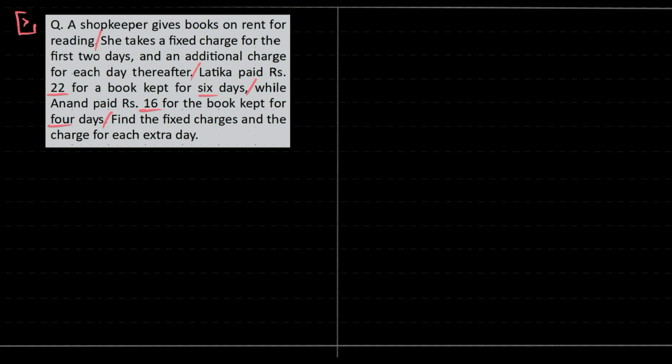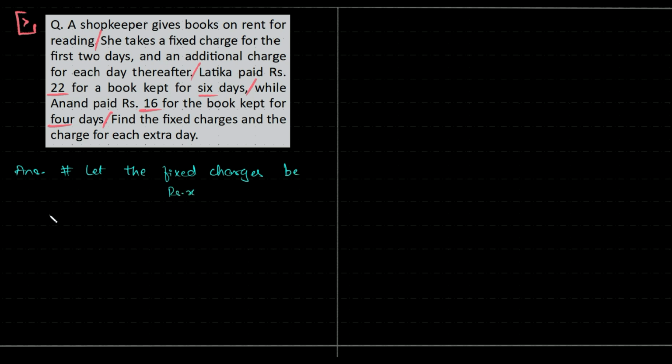Okay, I think those are your key terminology. Find the fixed charges and the charges for each extra day. So how do you start off? Let the fixed charges be rupees X